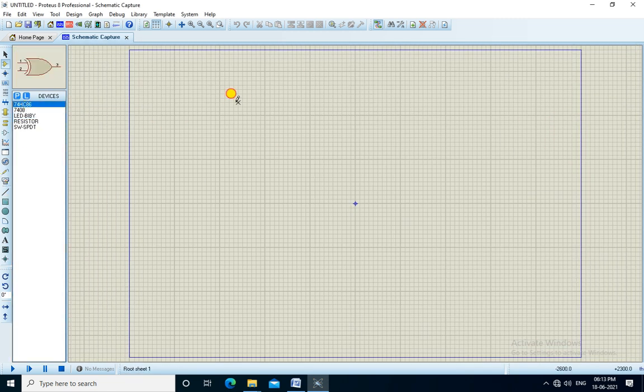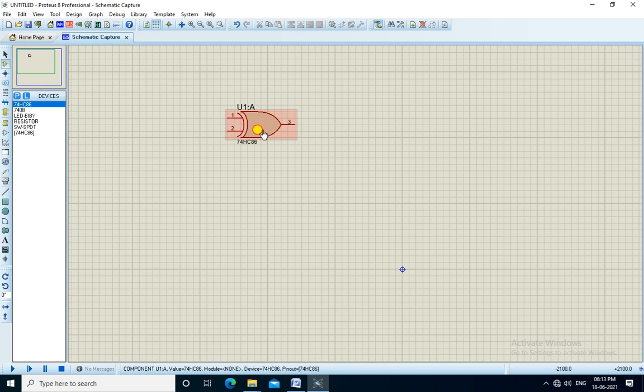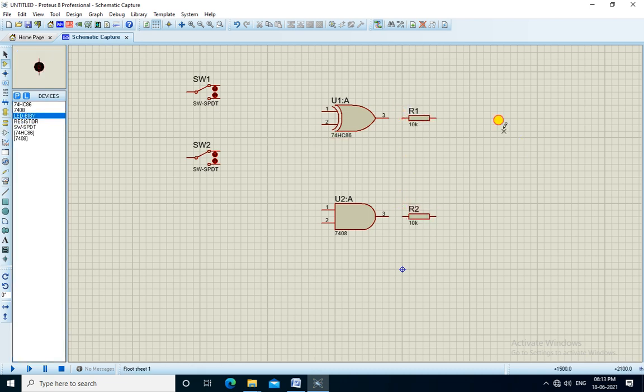Firstly, we place the XOR gate. Then AND gate, switches, resistors, LEDs.